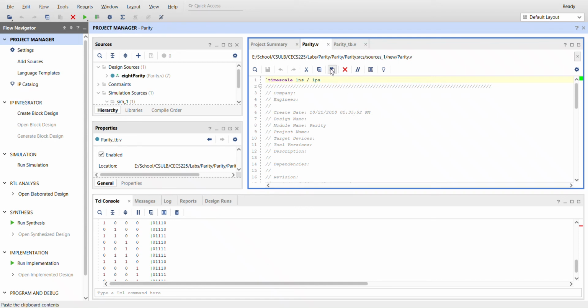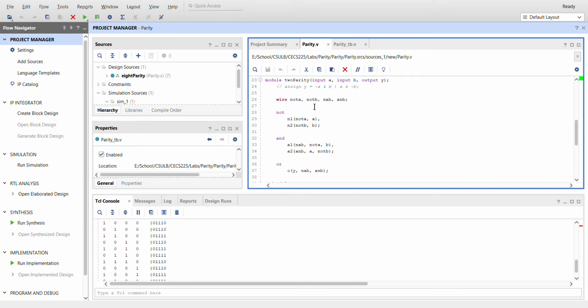This is the Parity lab for 225, and I'm going to scroll down to the code. So here's the first big part of the code. The two-input parity has input A and input B and output Y. Two inputs, one output. You could have it as output Y equals not A and B, or A and not B, or you could use primitive gates,